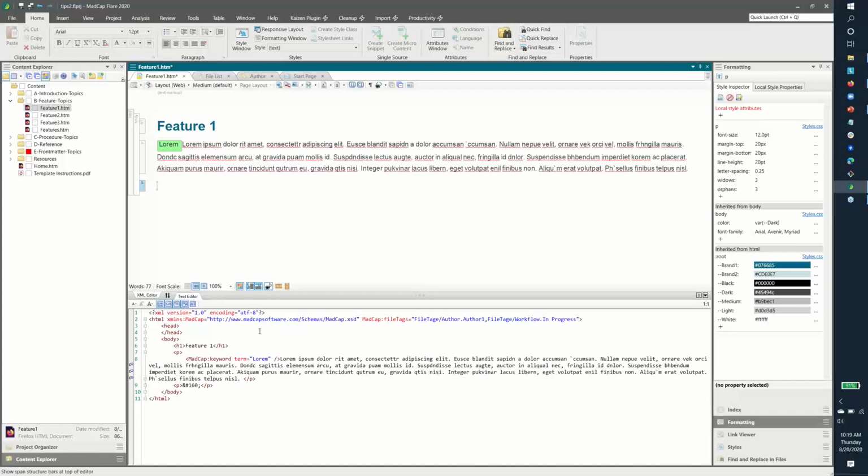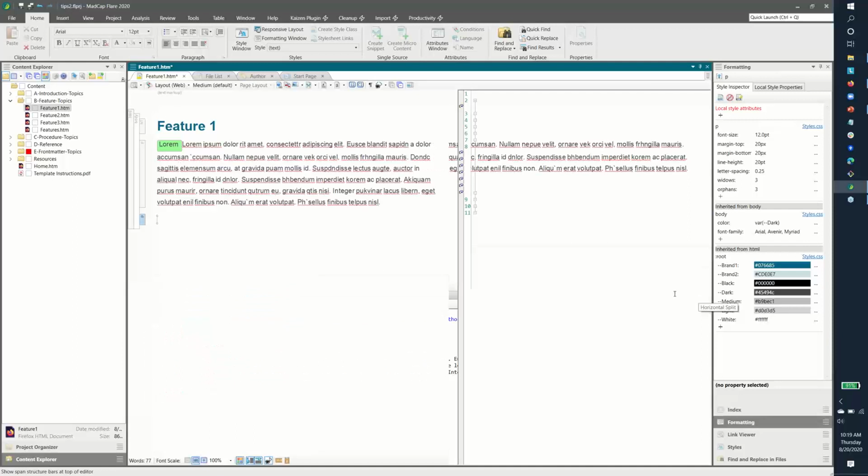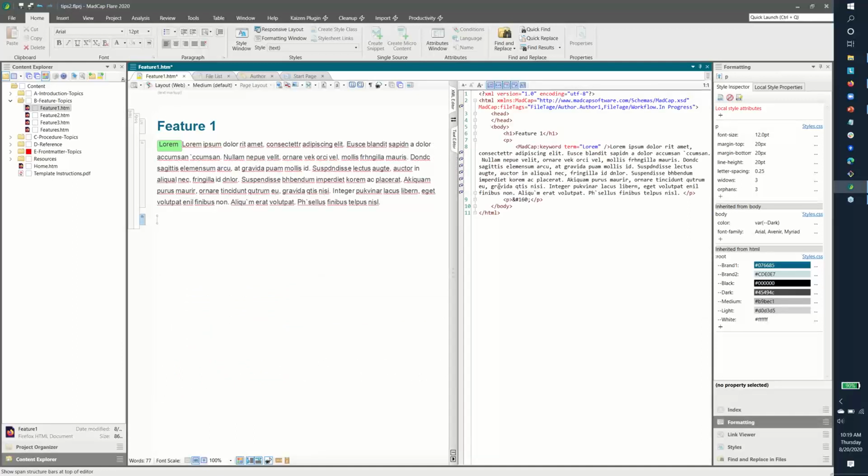Now, I personally love having the code editor open. I never close it. I don't particularly like it down here on the bottom. I like it docked to the side, and so I'll click the vertical split button here, and it gives me a side-by-side view. Even if you don't like code, even if it's something you want to steer clear of and you don't really enjoy working in code, I still think it's a good idea to have it open,